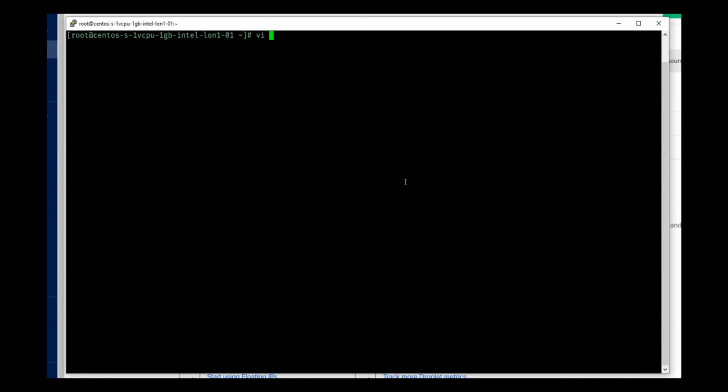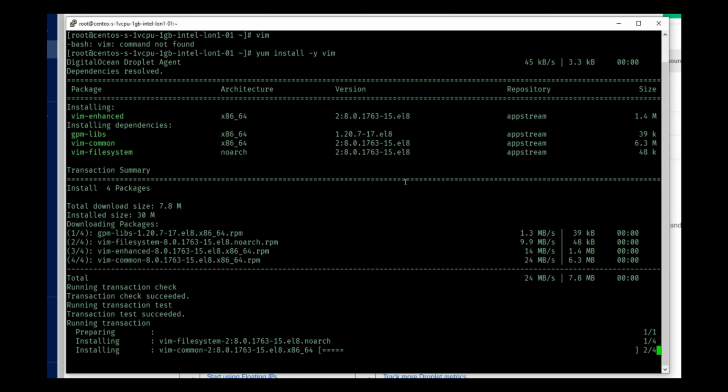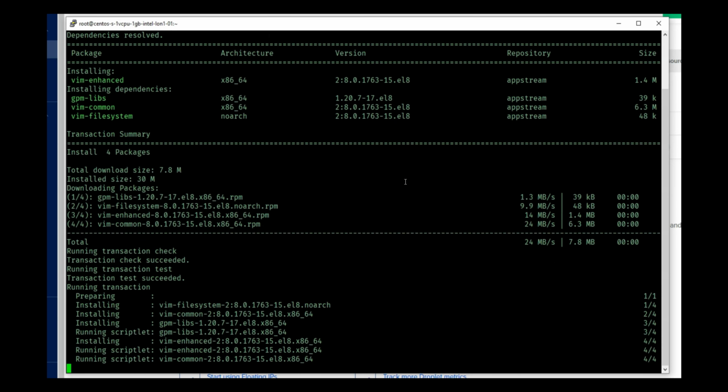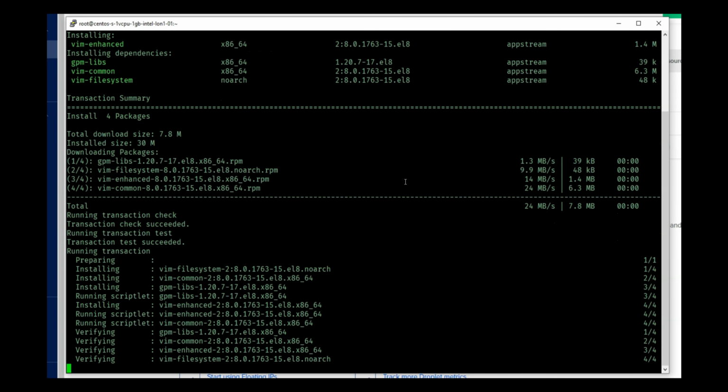Now there is also one more software that is very well known, and it's called Vim. If I do a vim, it is not present in this system, so I am going to install it right now. Just think of Vim as like an older brother of vi.